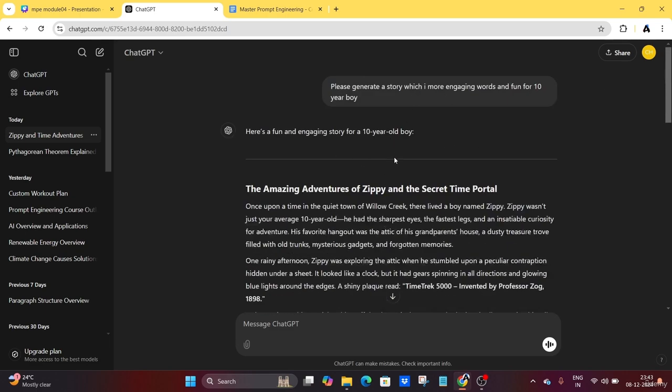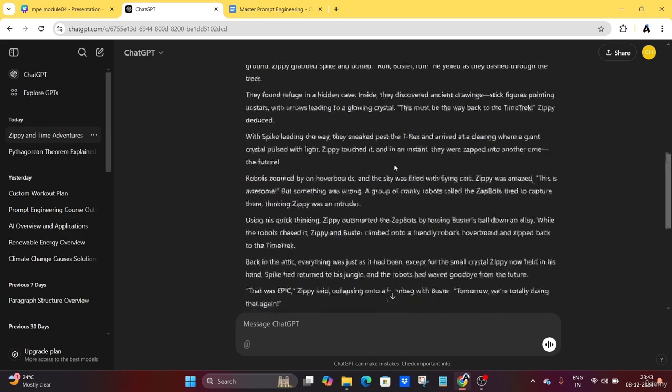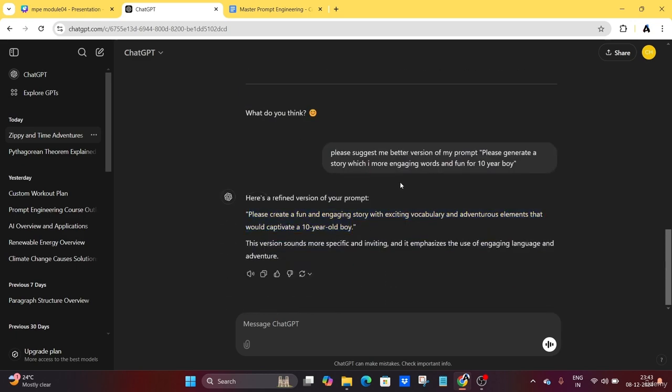That is a question refinement prompt. This is a basic question refinement prompt in which we give some input and tell AI to suggest a better version of it, so that we can get the best prompt rather than relying on our own thinking.